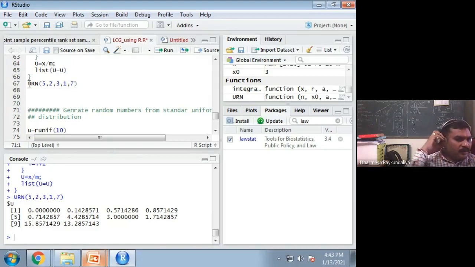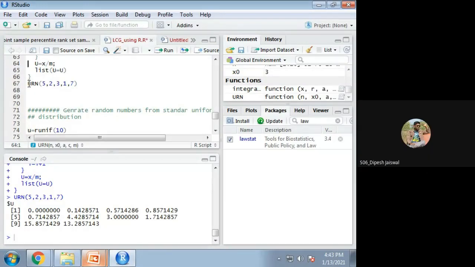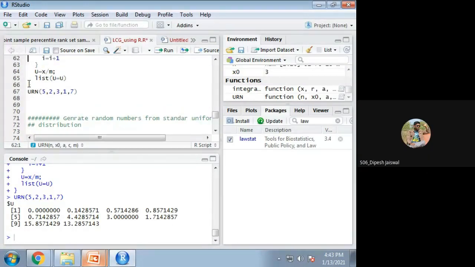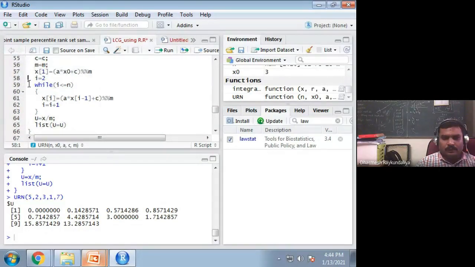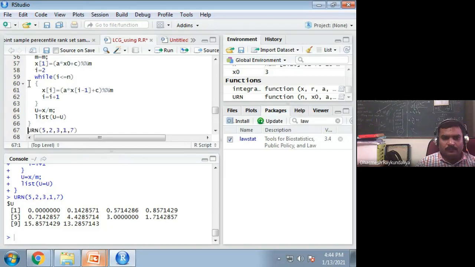So it means that it has generated random numbers from uniform? It has generated how many random numbers? 10. I have asked for 5 random numbers.